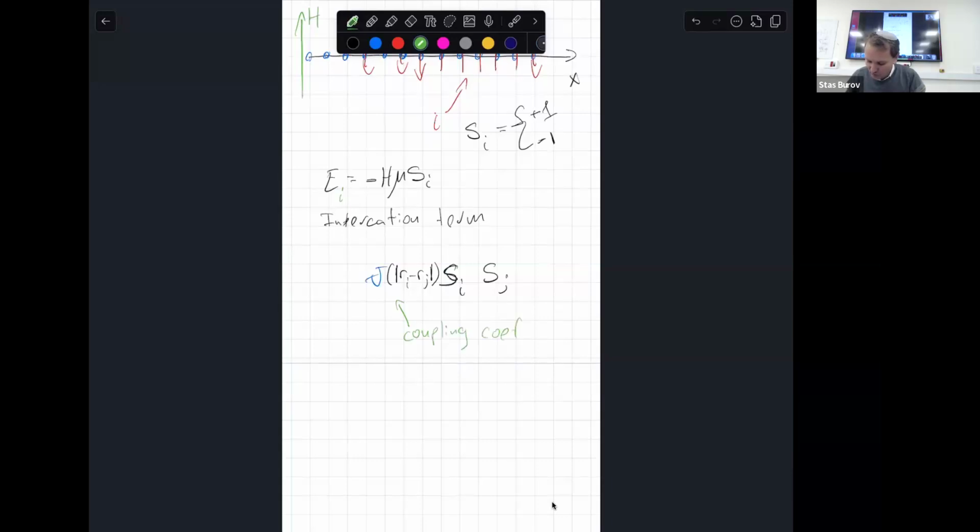Coefficient, it's not a constant. Now, the only question is how we define the sign. Should we put here a plus or should we put here a minus? Okay, so this we learn from the perspective of experiment. What we expect